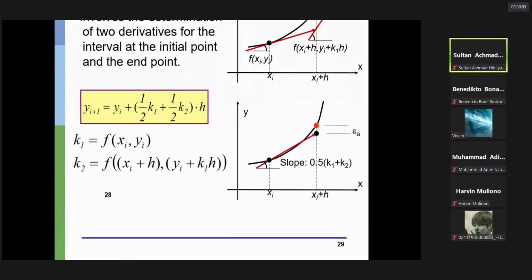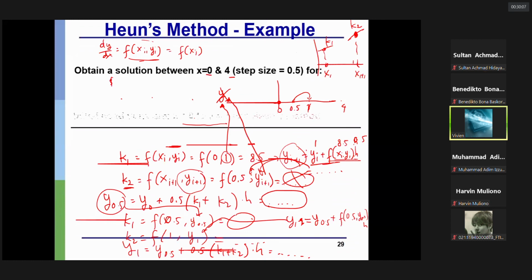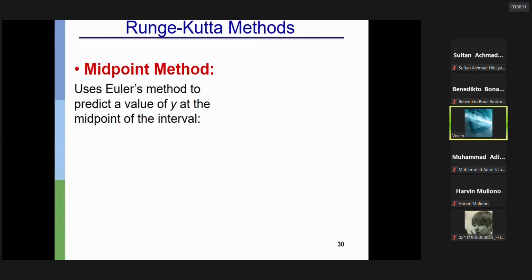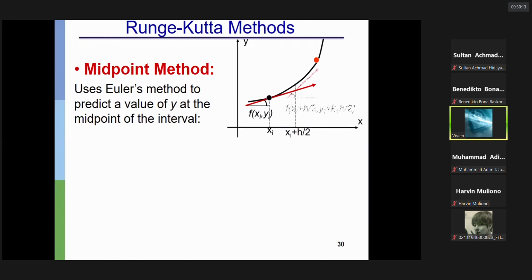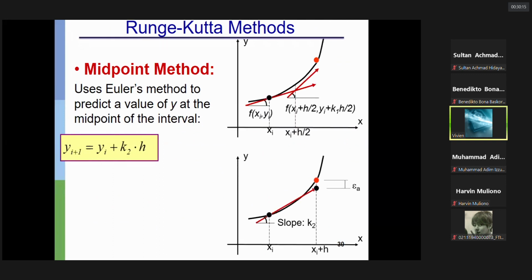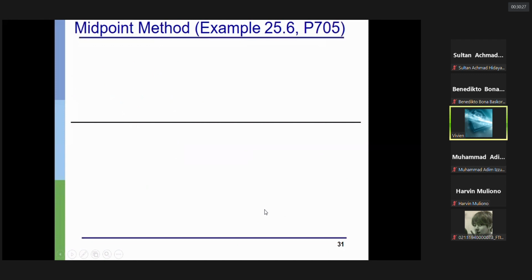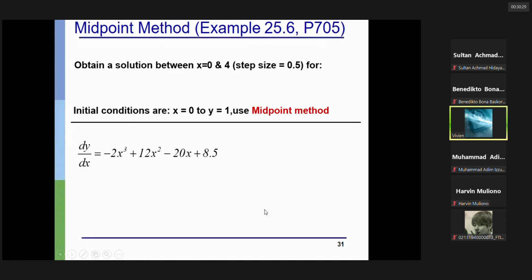So that is for Heun's method, and now we will see the example for the midpoint method as well. We can solve the same problem using the midpoint method. The midpoint method means we calculate the slope at xi plus half, and we use that slope to approximate the value at xi plus 1 from point xi. So if we have the same example as before,